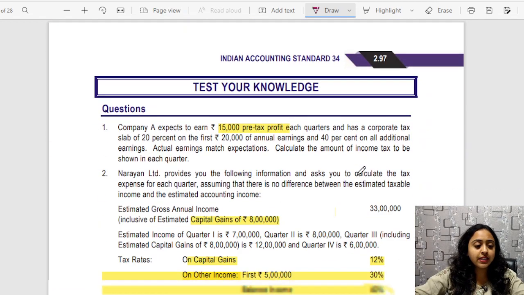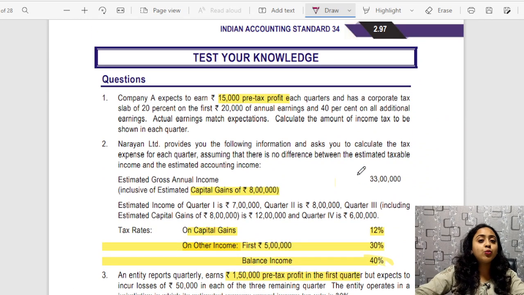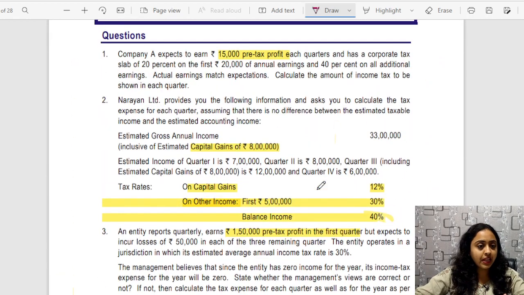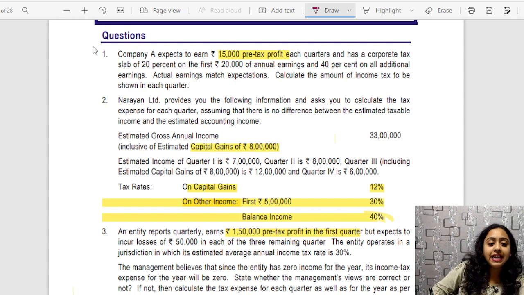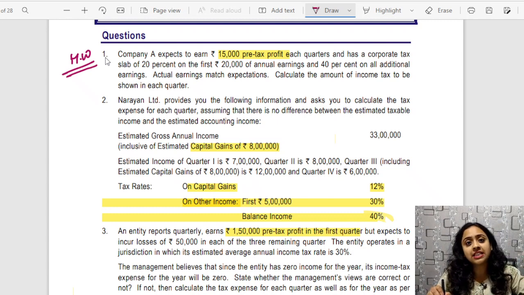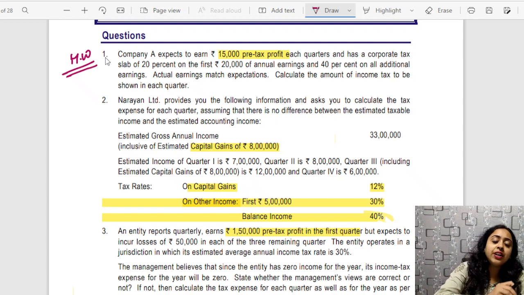That is all for the examples. We'll head towards the question answers part. Page number 2.97, there are very simple and repetitive questions. Even you can do it on your own. Please try it. Company A expects, this is homework. You should try it on your own. This is same as we have done for the 60,000 question. 60,000, 15,000, 15,000, 15,000 were lost. What you need to do? You need to take out your average annual effective rate and then calculate it